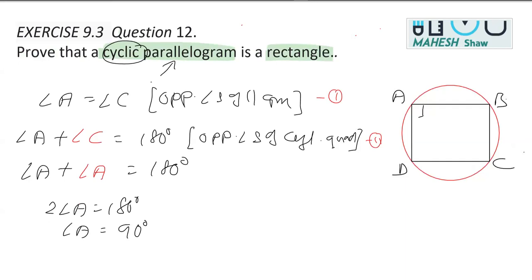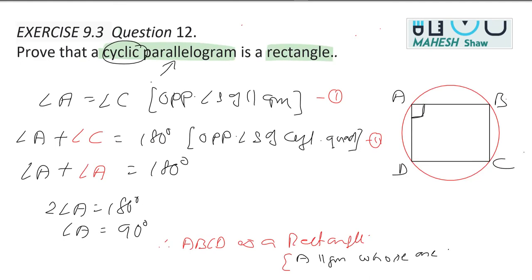So we have proved one of its angles as 90 degrees. As you must be knowing, a parallelogram whose one angle is 90 degrees is a rectangle. So therefore we'll simply write, therefore ABCD is a rectangle. And the reason you'll write is that a parallelogram whose one angle is 90 degrees, since it is a parallelogram, so a parallelogram whose one angle is 90 degrees is a rectangle. That is what the proof part of this question